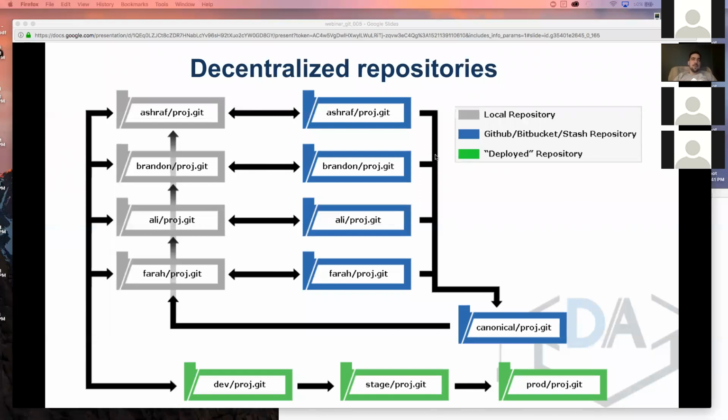If I make a change to any one of these, it only happens where I made the change. So if I make a change to the copy in my local, the change only happens there. It won't affect prod. If I make a change somewhere else, it only affects that place where the change was made. But with each of these repositories, we have a full copy of the history. This is important for a few reasons. It means that, one,